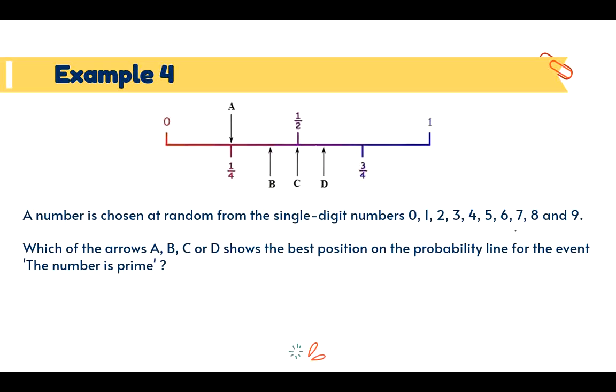Okay, next. A number is chosen at random from a single-digit number 0, 1, 2, 3, 4, 5, 6, 7, 8, and 9. Which of the arrows A, B, C, or D shows the best position, laging best position, on the probability line for the event the number is prime? First thing that you're going to do, identify what is a prime. Alam natin ang prime number